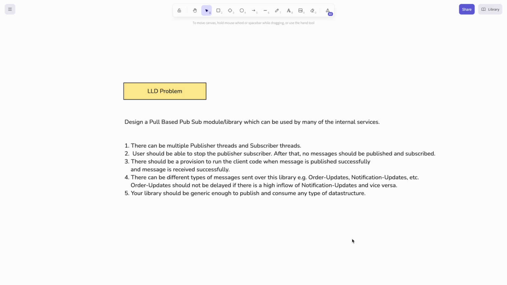So as and when there are new messages, the subscriber can take them and process them, right? So this is a kind of pull based mechanism. In today's video, we will be designing a pull based publisher subscriber library, but in the very next video, I will be designing the push based publisher subscriber library. So stay tuned, that video would come